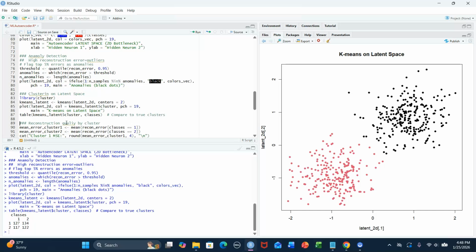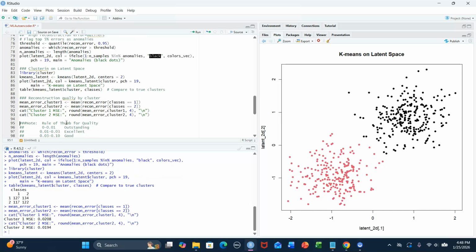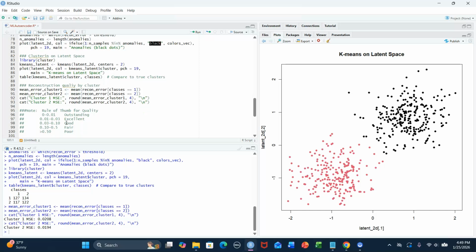And then you can also evaluate reconstruction quality by cluster. Basically, you calculate the mean reconstruction error for class equal to 1 and class equal to 2, and print them out. You can see cluster 1, you get 0.0208. Cluster 2, you got 0.0194. If you're wondering how to tell whether this quality is good or not,